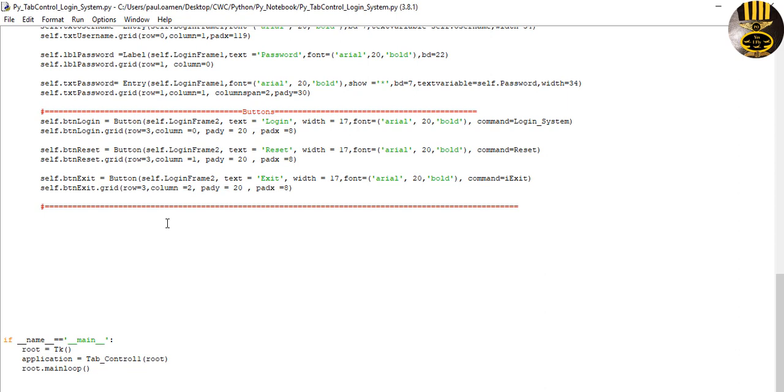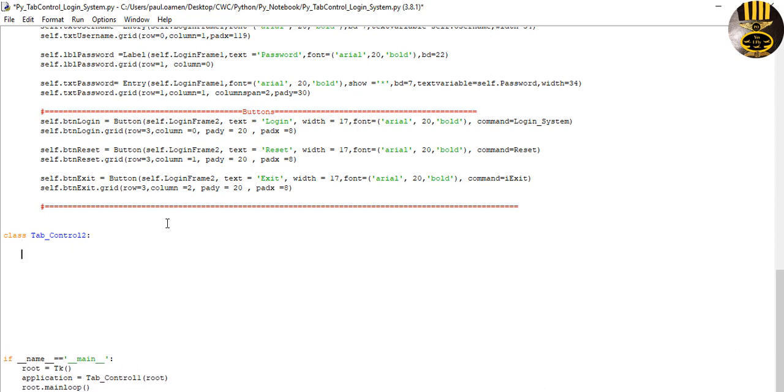First of all, I'm going to create another class, and this other class will be called tab_control_2. There. And I will define as follows. Get rid of this arrow, and let's say initialize, and I'm going to say self as well,